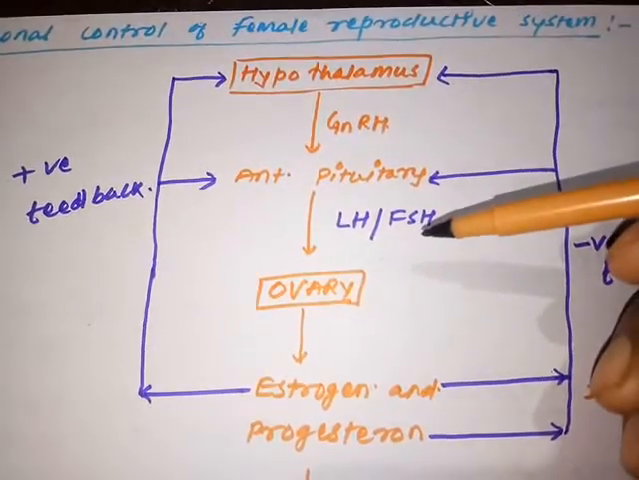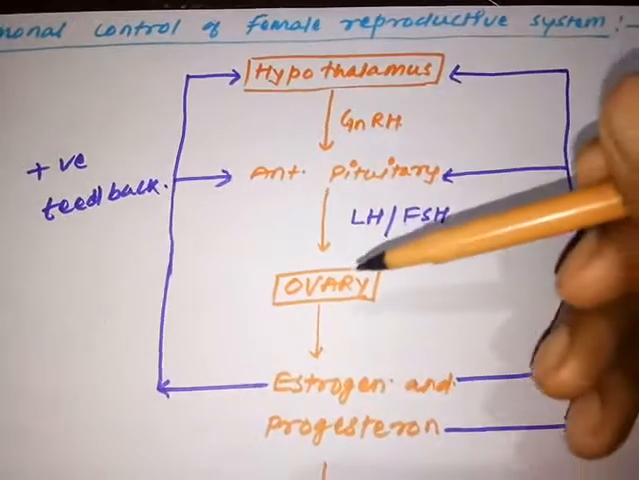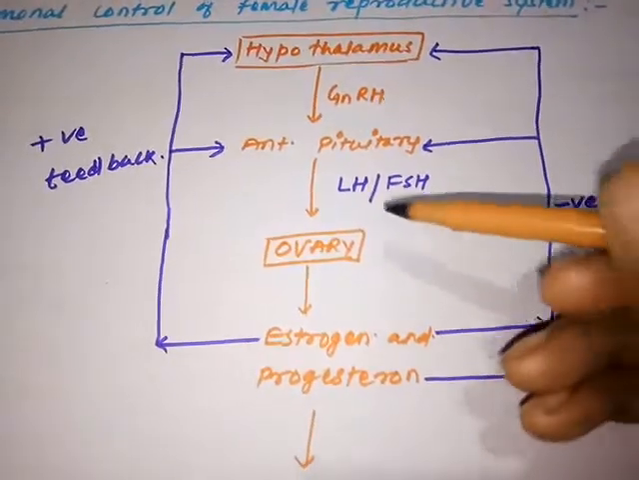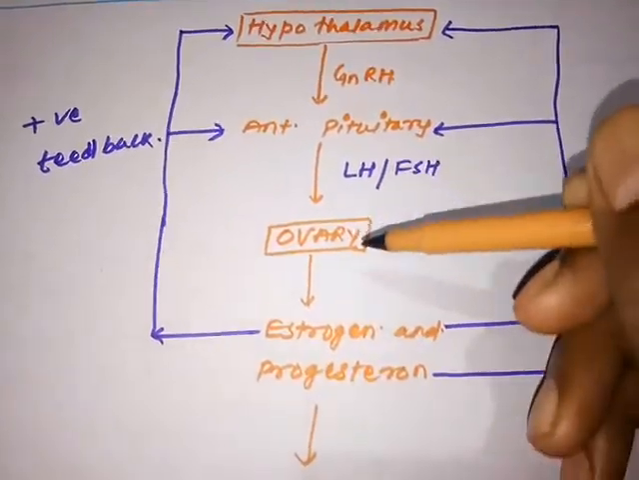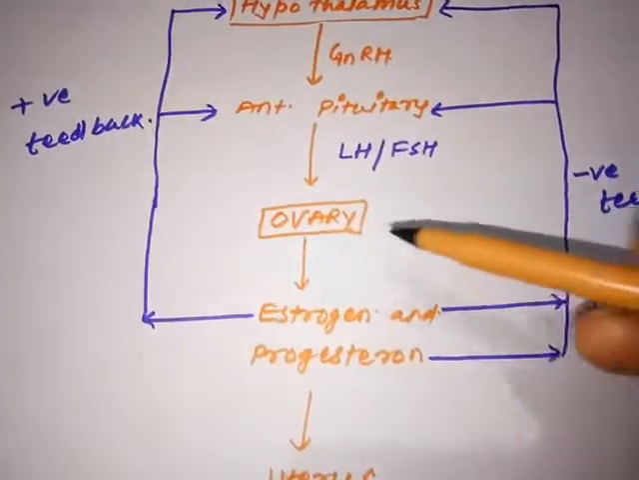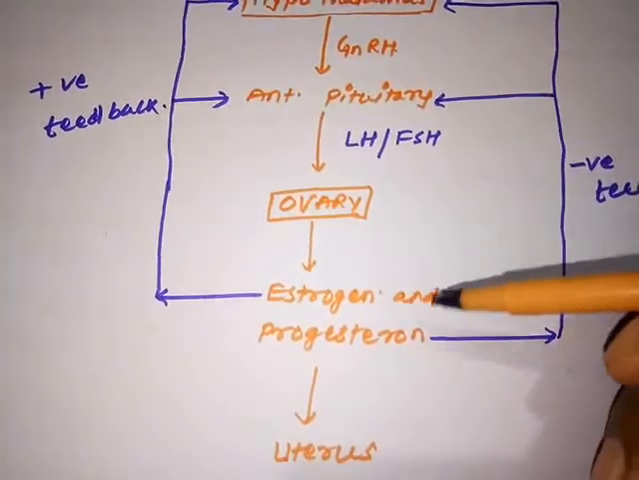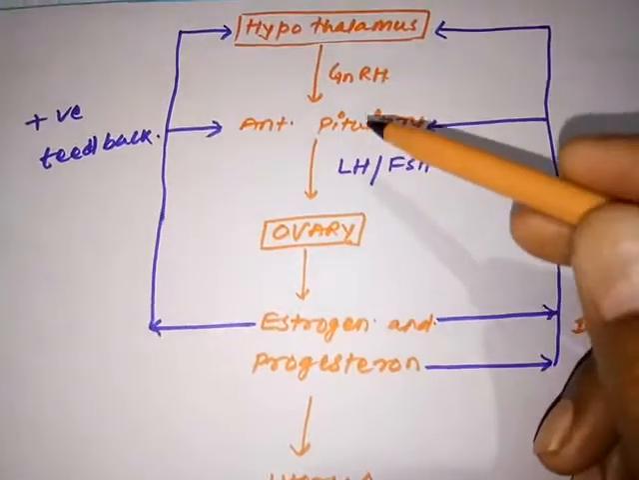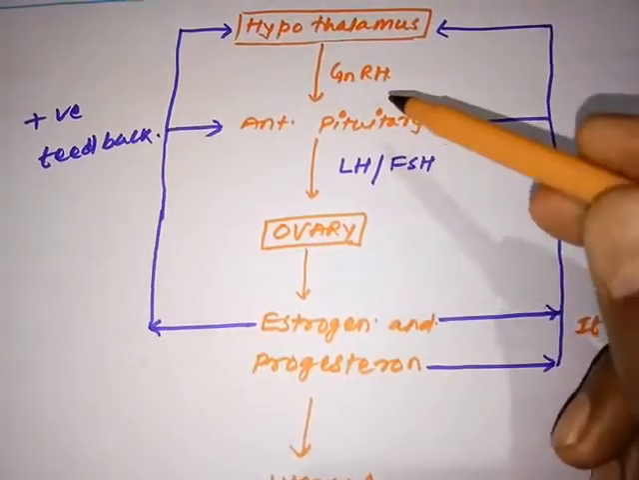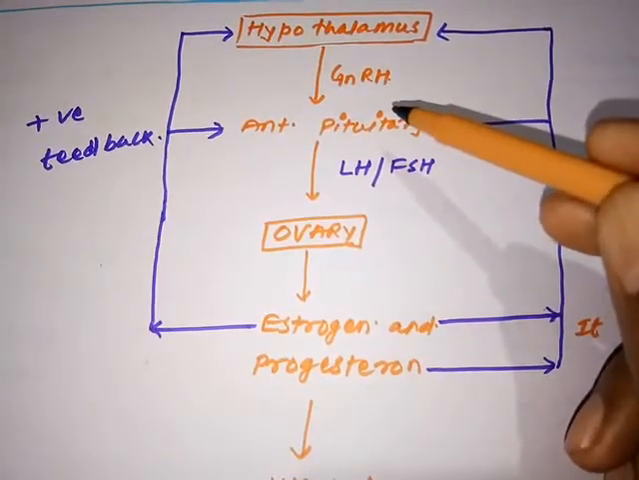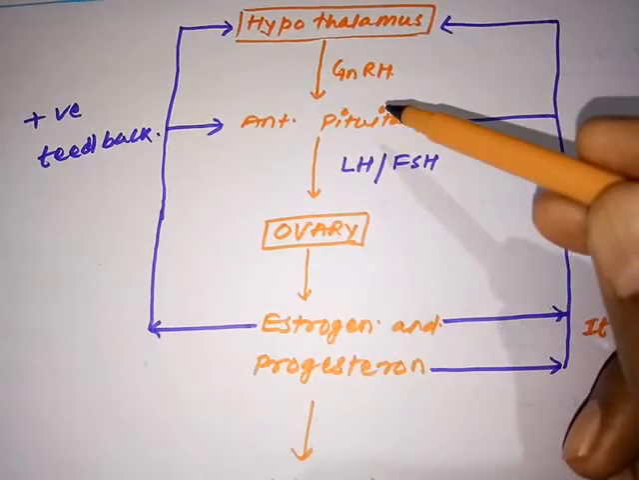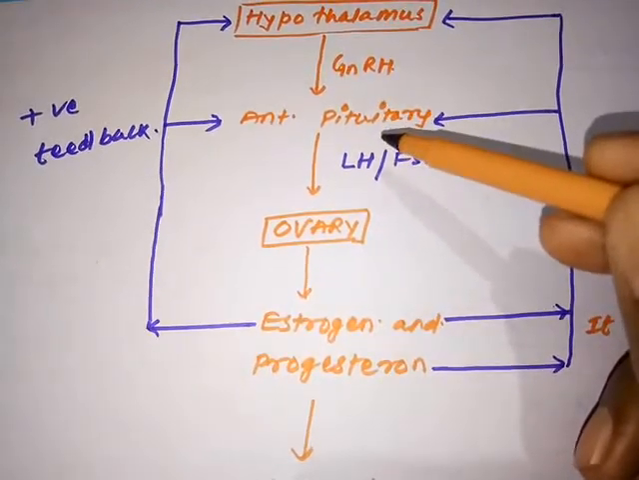LH and FSH, two hormones will be formed. When LH and FSH are formed, they act on the ovary, and the ovary will in turn release estrogen and progesterone. Are you getting my point? The very simple process. Under the influence of the hypothalamus, the hypothalamus will release GnRH, which will act on the